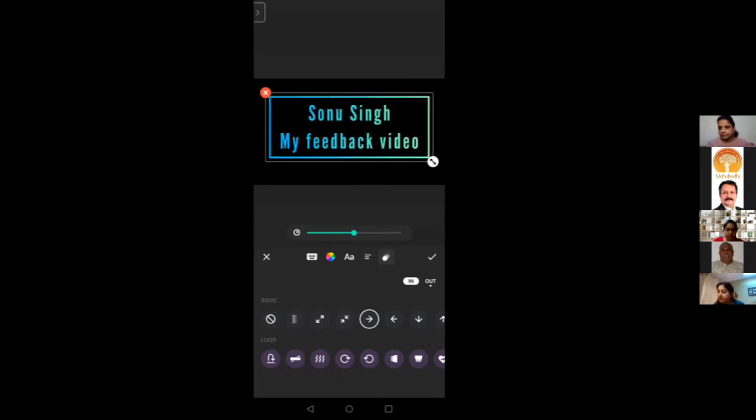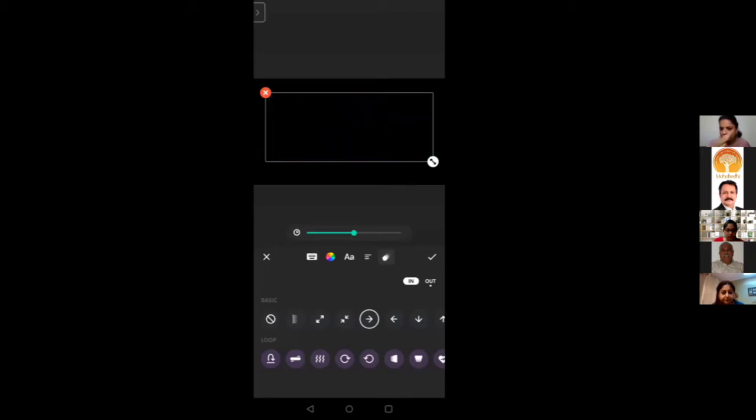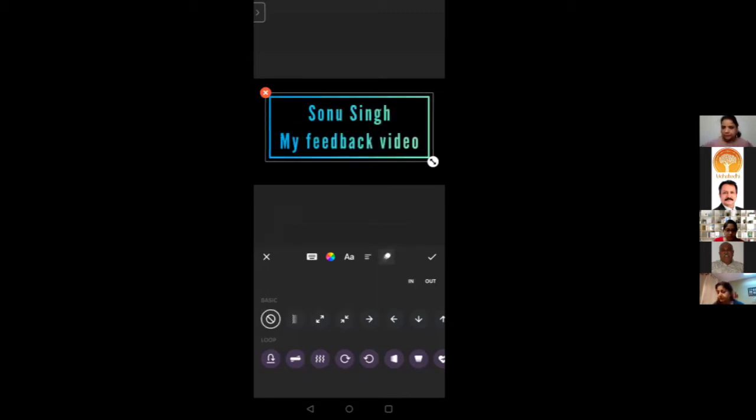Nice. So quick question here. Supposing I don't want this in out, how do I cancel it? If you don't want it, then यहाँ पे देखो ये cross option है. ये पे circle cross है. No parking वाला sign दिख रहा है आपको. First option. So just click that. But the transition would be applied. बाकी सब चला गया, but everything went. आपने cross कौन सा कर दिया? Not that cross, ma'am.